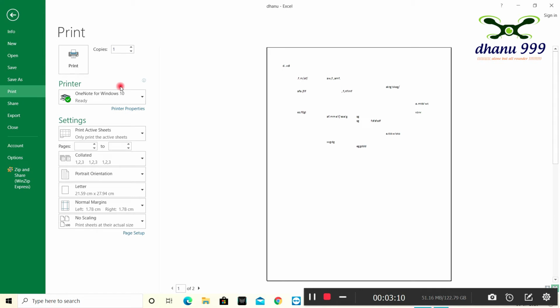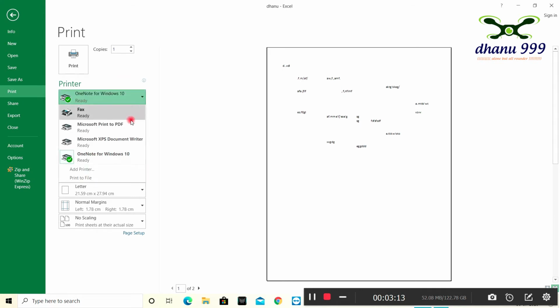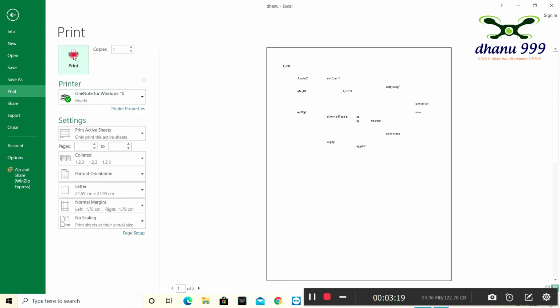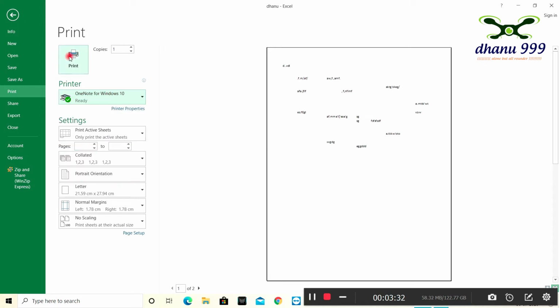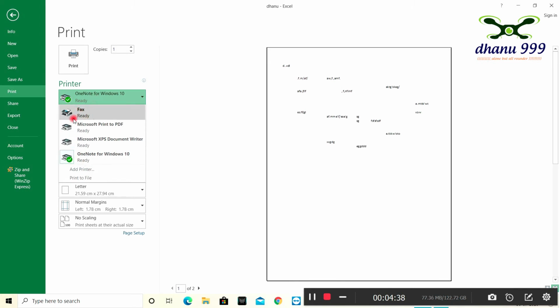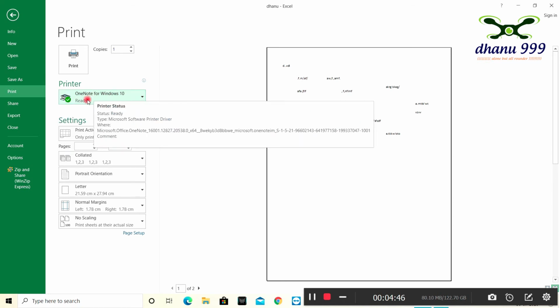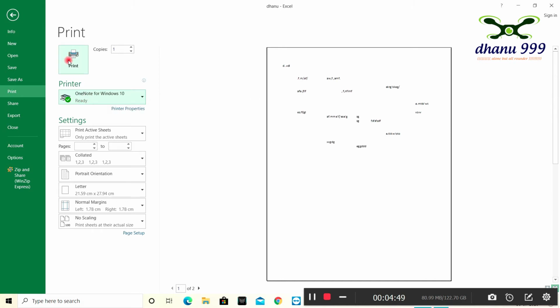And this is called printer. If we have a printer, if we press here, our printer will be shown, and we need to press that and go for print. Now at present we don't have any printer, so it's showing like this. If we have a printer, a separate column is given for the printer name and everything, and if we press that and next press print, then it will be printed. See here, this is called the printer option. If we have a printer, then one column is located for the printer with its name, but at present we don't have any printer.